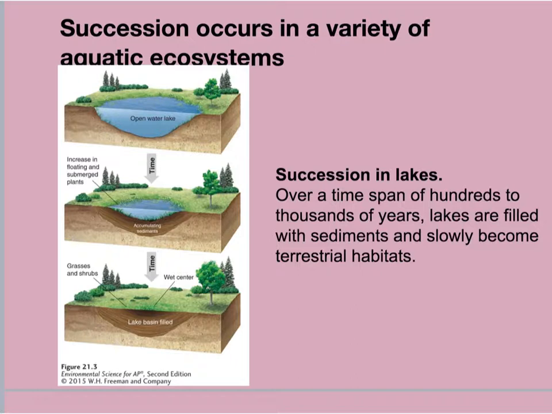Disturbances also create opportunities for succession in aquatic environments. So, for example, the rocky intertidal zone of the Pacific coast of North America is exposed to the air during low tide and lies underwater during high tide. From time to time, major storms turn over these rocks and clear the surfaces of all the living things on them.